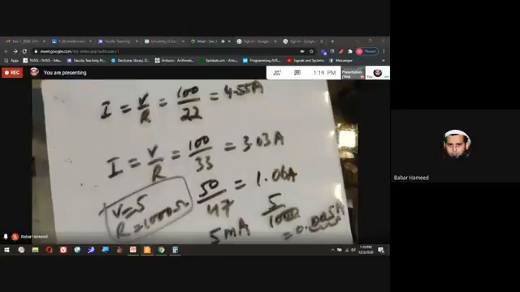So far we have studied what Ohm's law is, what the relationship is between volt, current, and resistance, how we can calculate volt when resistance and current are given, how we can calculate current when volt and resistance are given, and how we can calculate resistance when volt and current are given. We have seen one of them in detail, and the other two will be seen in the next lecture.